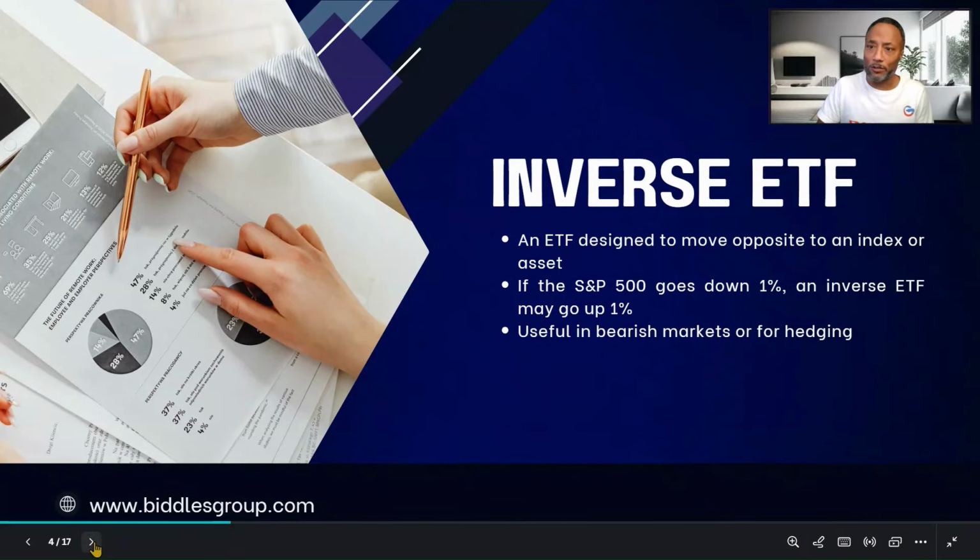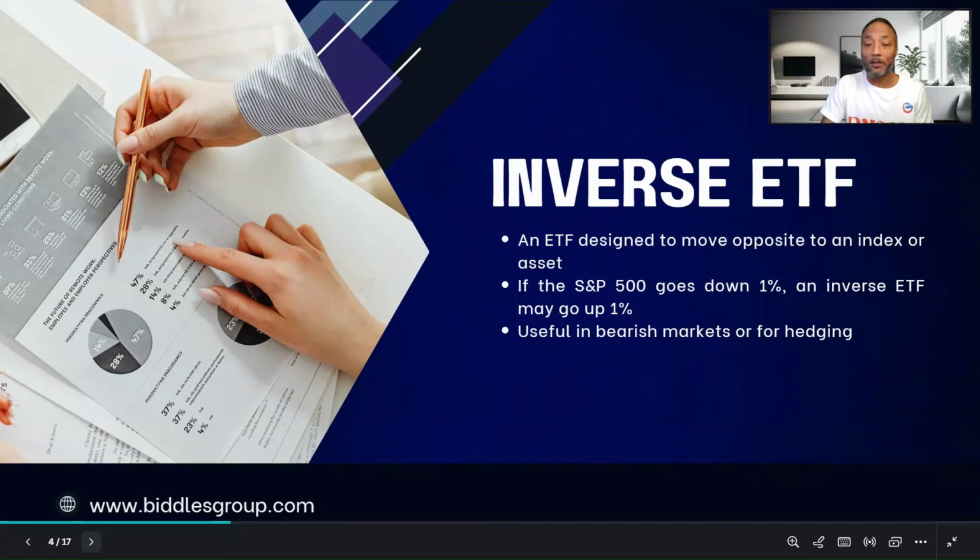So I'm going to review the charts towards the end of the video, and how I use the inverse ETFs. And so if you want to fast forward, but this information is definitely important. We cover a lot of information. It's very risky. And so an inverse ETF is an ETF designed to move opposite to an index or an